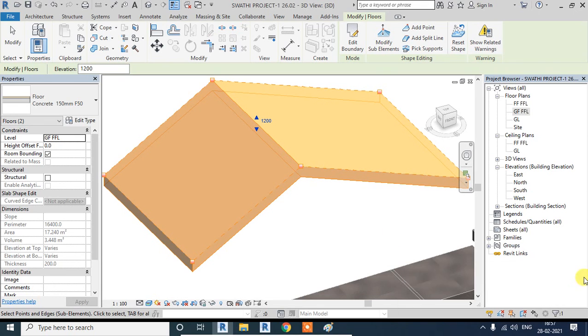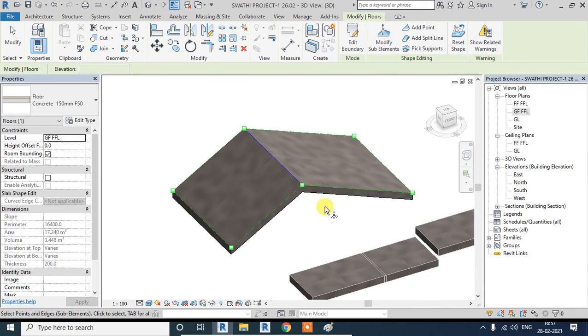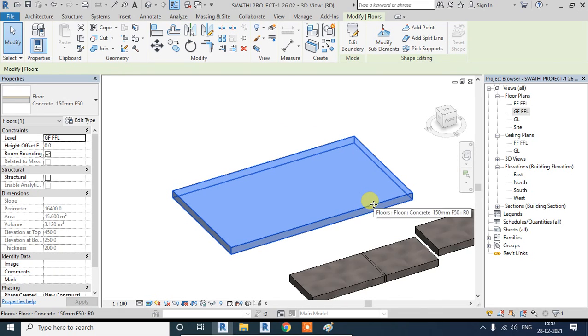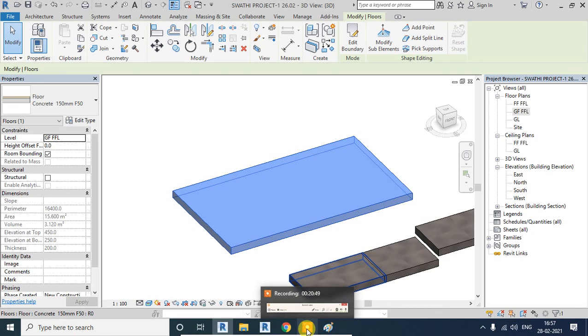Can you follow that? Now I want it to restore its shape back. I'll simply say reset shape. Did you follow till here? Did you follow all the options available in your floor, whatever I have taught you till now?